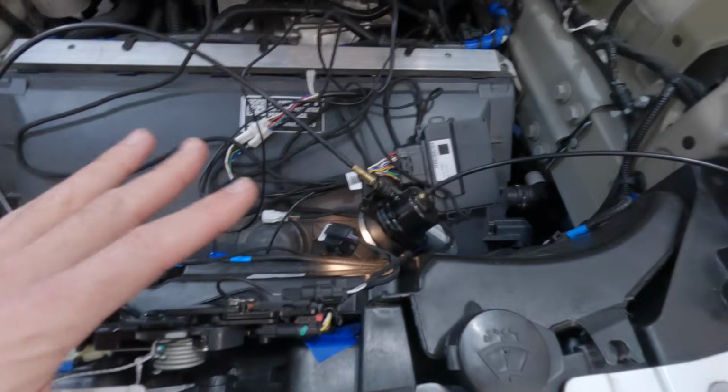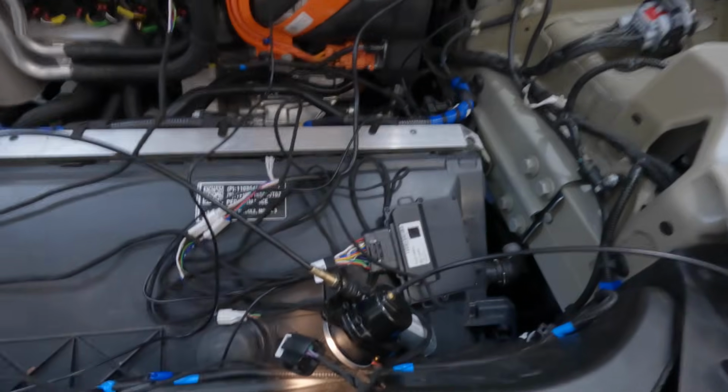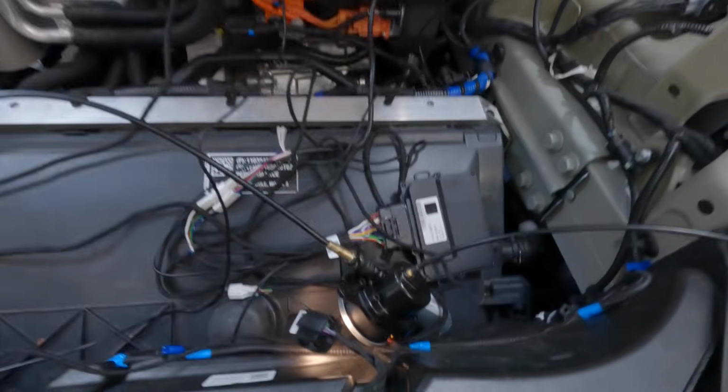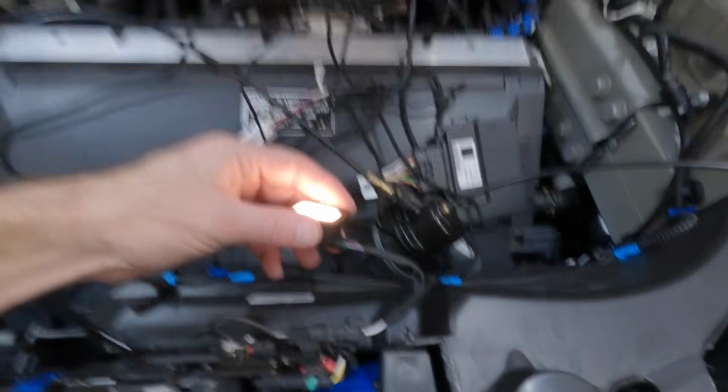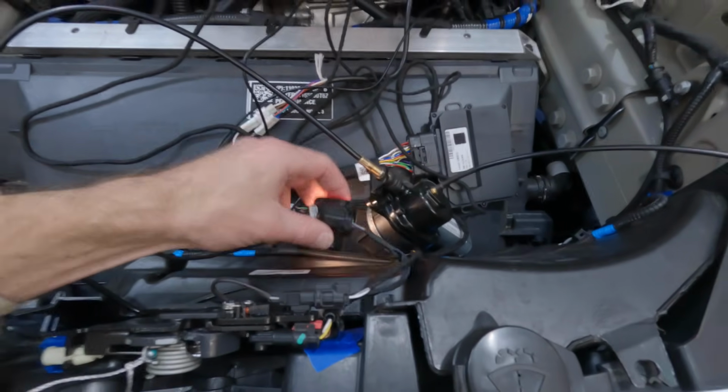All right, so I want to show how I am testing this before I get everything strapped down, tied down, and looking nice and neat. Because if I did all that and then it didn't work, anyway, you get the idea. So I hooked this button back up. This is the inside frunk button, and you can push this now and the frunk will go down. I'll show you that in a minute. But as a safety, I tied this little string